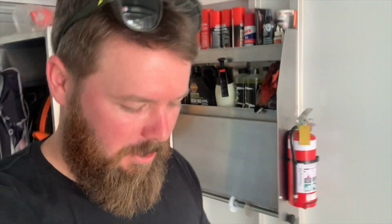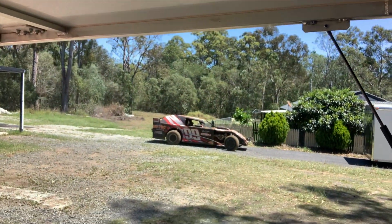Alrighty, it's the day after race day and wash day here at Bretto's house. Bretto in the Q99 car, you might remember when I got to have a drive of his shed, but some of you guys may or may not know